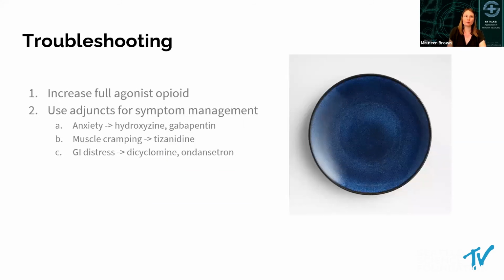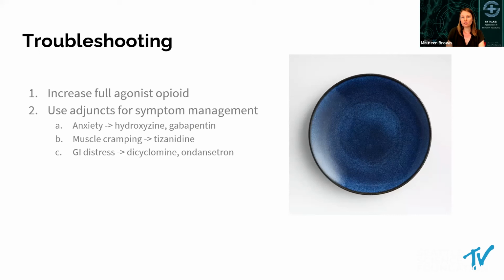But how do we troubleshoot when we are working with our patients on these protocols? When we're following a patient in the outpatient setting, obviously frequent check-ins are important to help these inductions be successful. We do have some tools at our disposal. The first is, I think, somewhat counterintuitive to many of us, but as we've talked about, you can increase the dose of the full agonist opioid to help mitigate withdrawal symptoms, right? If the buprenorphine is kicking slightly too many of the full agonist molecules off the receptors, just add a few more of those full agonist molecules, and you get fewer withdrawal symptoms. There is not good data at this point about guidelines on how to titrate the full agonist. So that's a little bit at provider discretion.